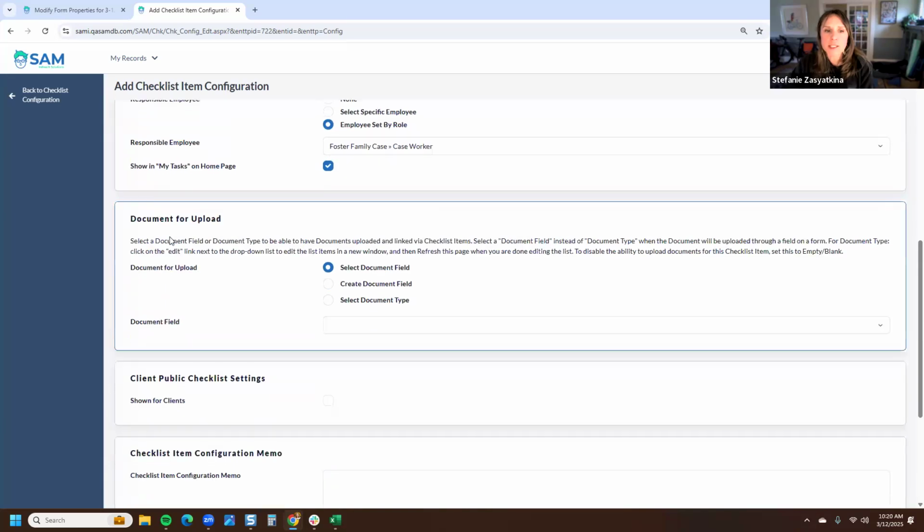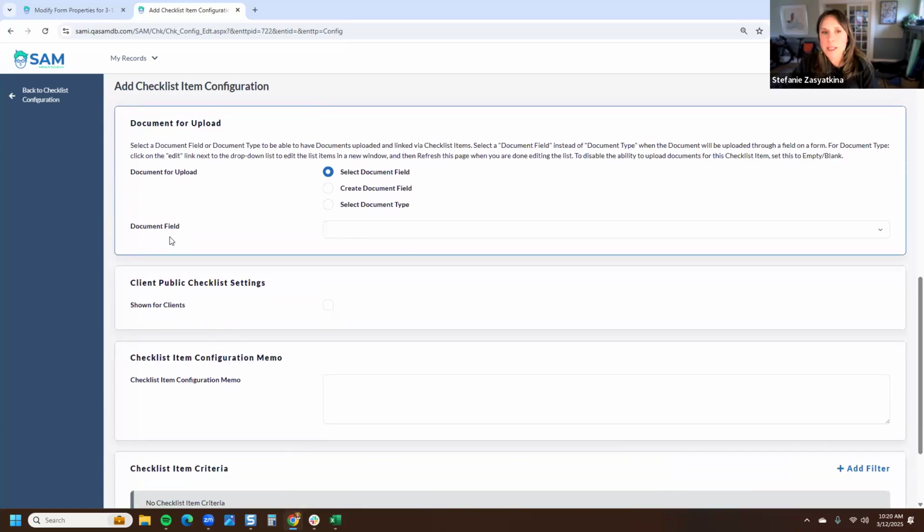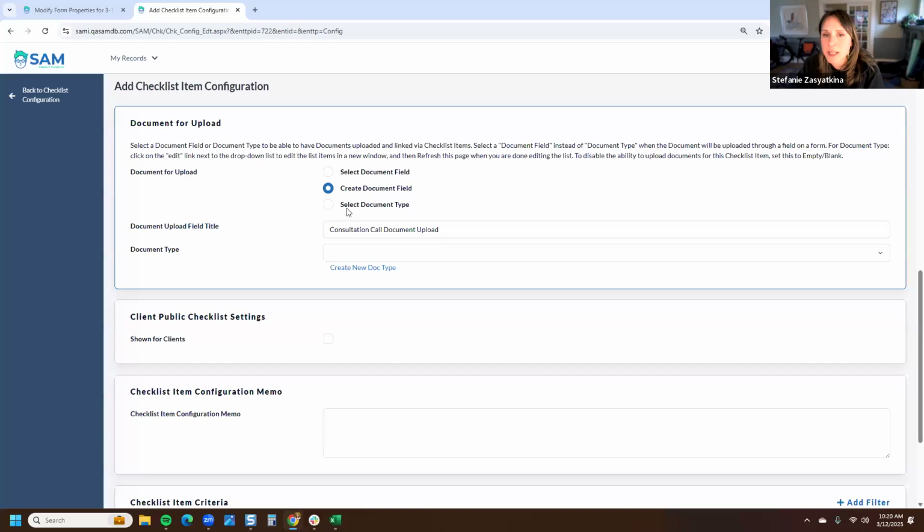Some of your checklist items will be documents. In this case, we don't have a document. We're asking for a consultation call. We could, though, set up a field where maybe your team takes notes about this consultation call, and we want the team to upload those notes here. If that were the case, we can create a document upload field,